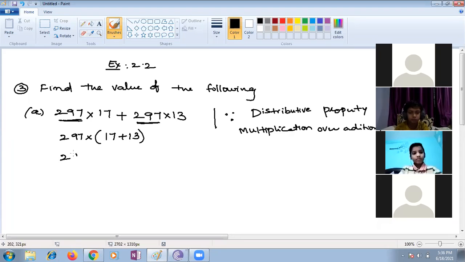You can combine them, since it is positive in the middle. We will get 30. Yes or no, children? Yes, ma'am. Please multiply 297 with 3 and then add 0 to the product. You will get 297 multiplied with 30. I can see some student is posting an answer. Very good, Jaydeep. It's 8910.